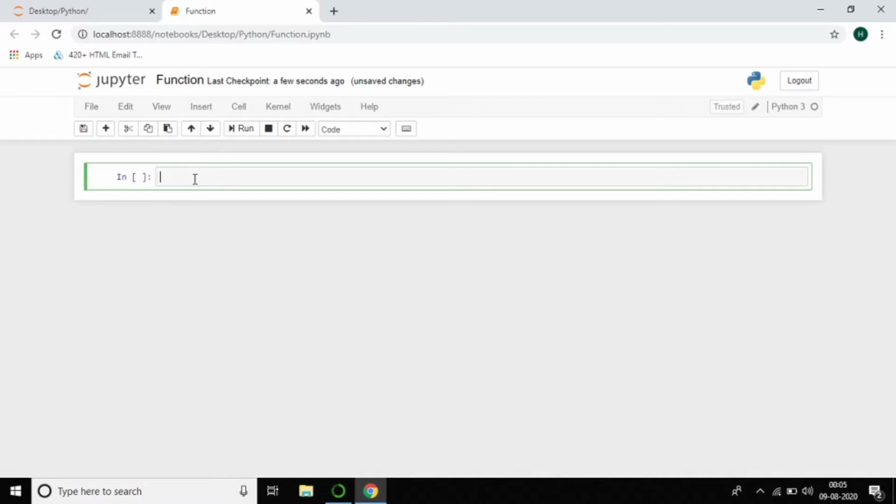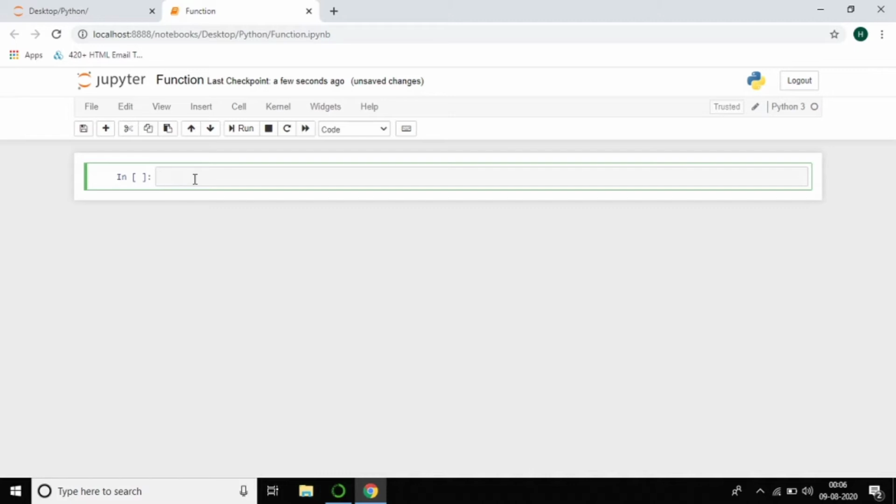Also, with a function you can take different types of inputs, do a specific operation, and give the specific output to the user. So that is the main use of a function.